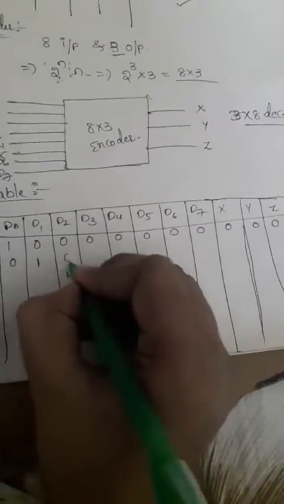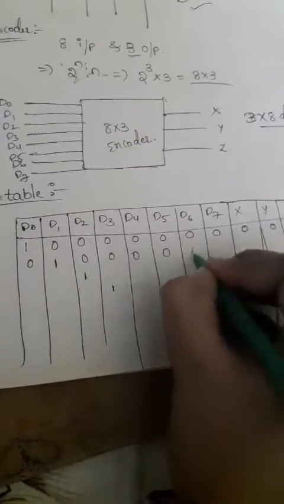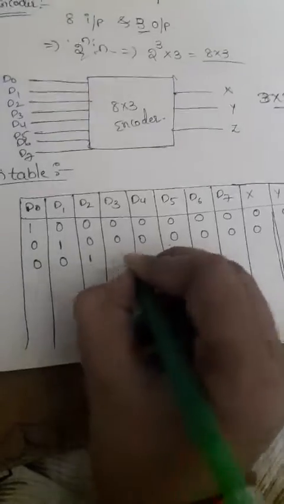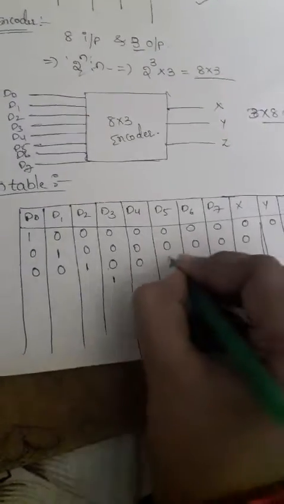Okay, so in this case what is the input for this decoder? That is nothing but 000. In the second case, which one is enabled in that decoder? This one. In the third case, this one. Fourth case. So that means the remaining will all be false condition. Based on that 3 to 8 decoder, you can write this truth table.